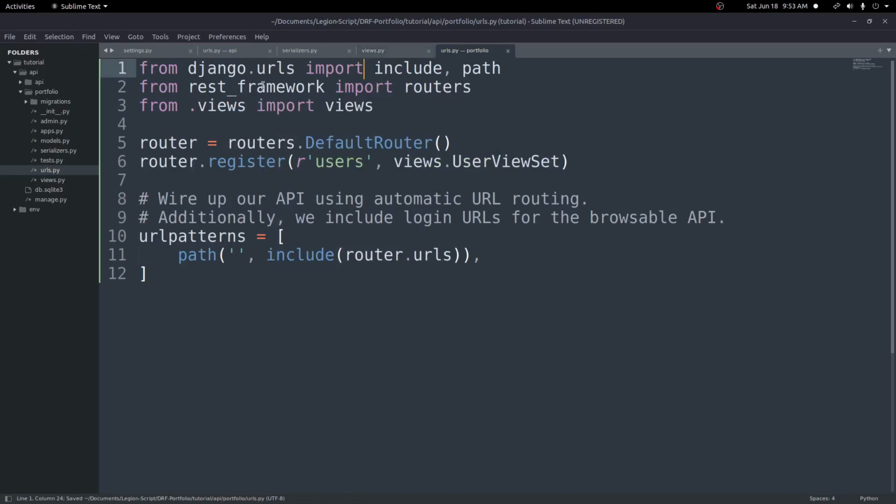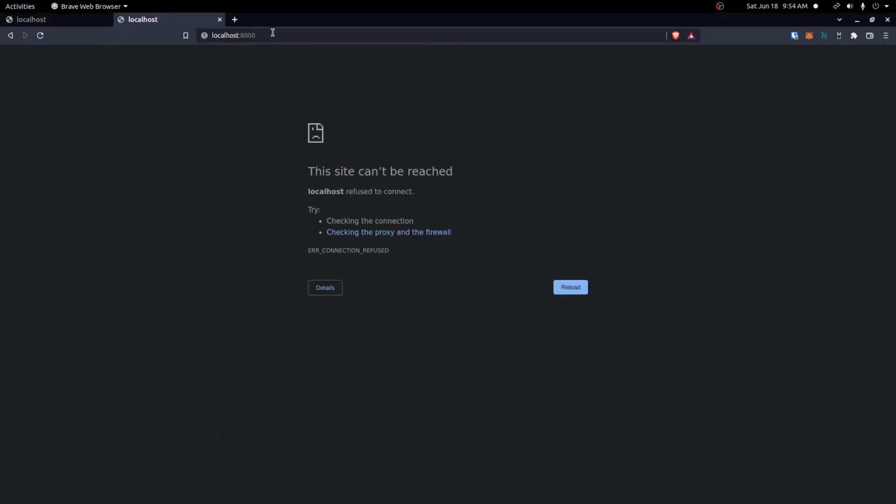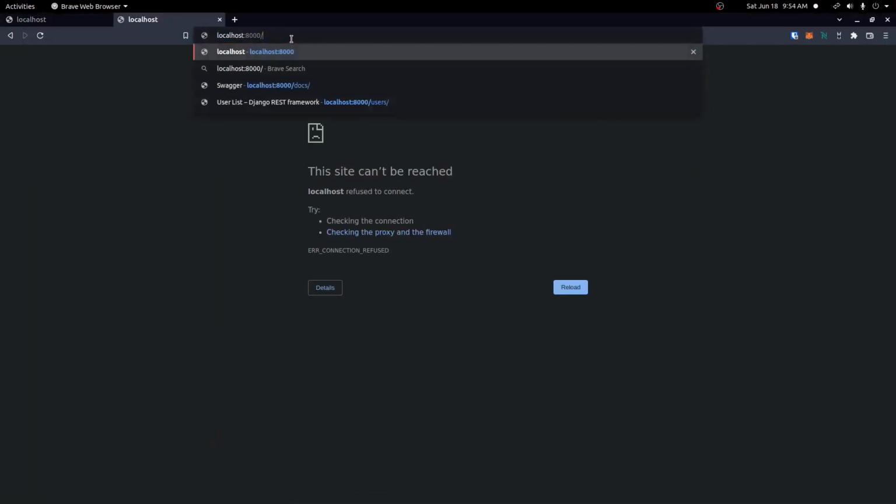So what we're doing right here is we're bringing in this thing called the router, or in this case, the default router from the REST framework. And what this will do is it'll automatically create all of our routes for our view set for us. So if you're familiar with how the routes will look, it would look something like, in the browser here, if I went to slash